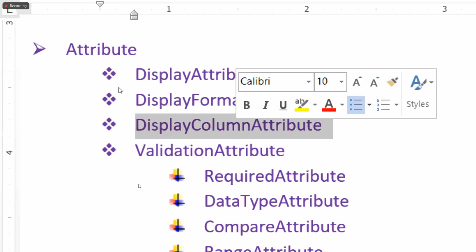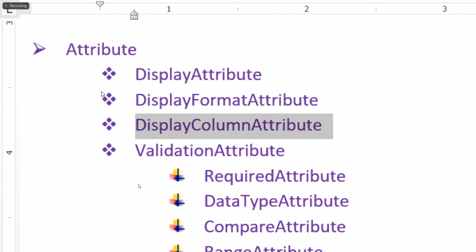We can use it only in database programming. Display column is related to database. So in database programming, I'll tell you. Now I told you Display and DisplayFormat. What did I tell you now? Display, display format. And I did not tell you display column. That's related to database. We'll cover it in database programming. Next,